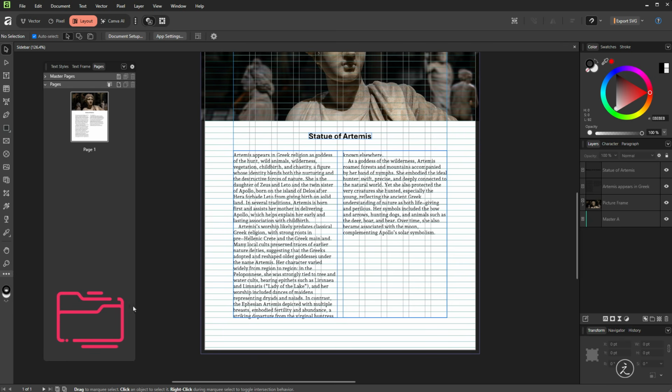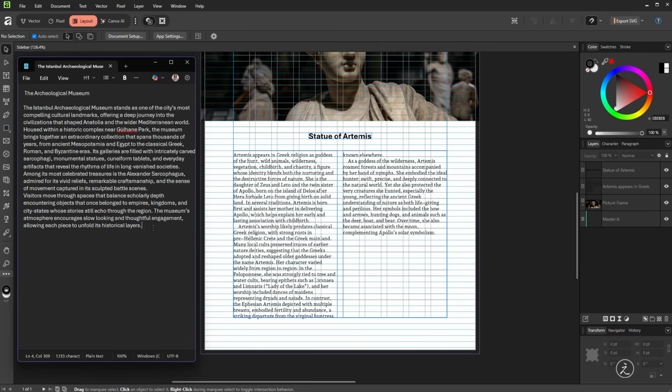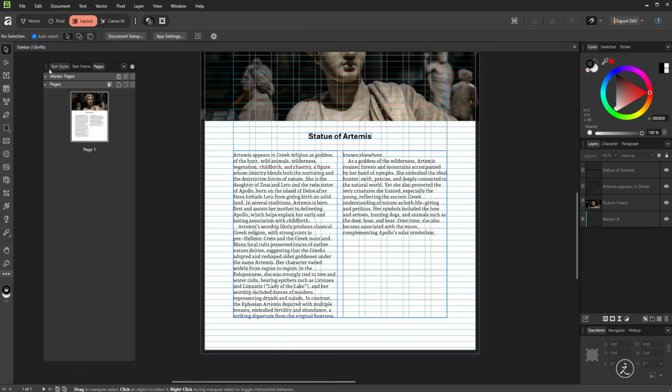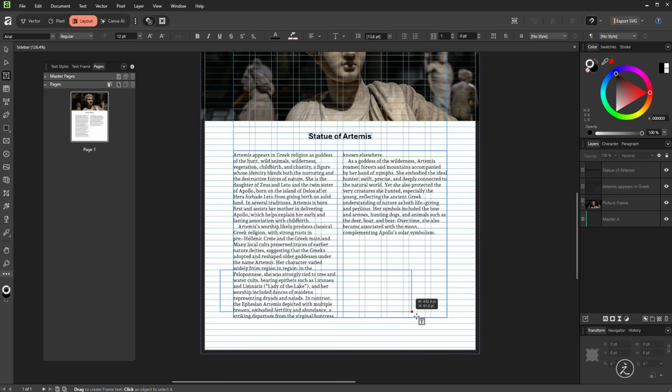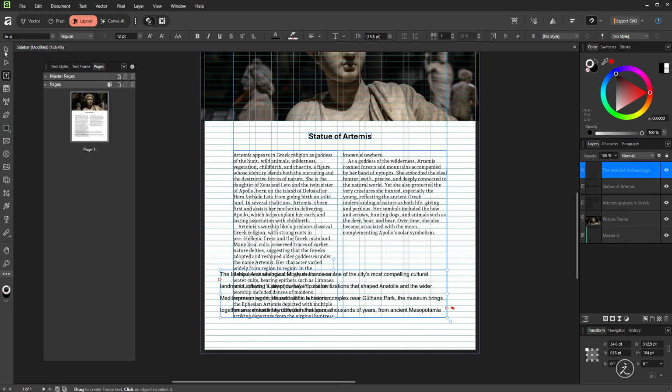With the exercise file open inside Affinity Layout, and to start this off, looking inside my notes here, this is going to be the corresponding text for the sidebar. So I'll copy that to the clipboard, and from the toolbar, I grab the frame text tool and just click and drag to create a text frame. I'll release that, paste the corresponding text, and make sure that I resize that to fit the width of the